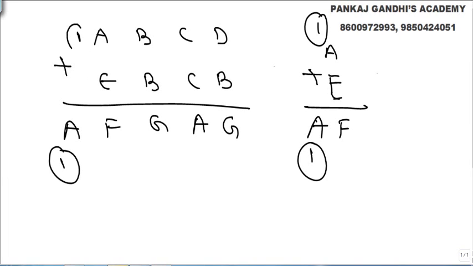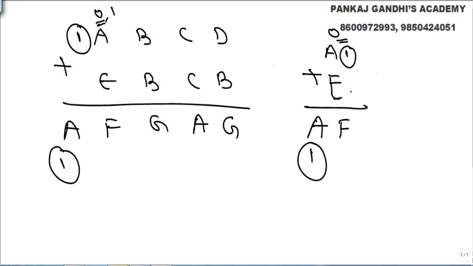So A is compulsorily 1. We did something similar in the last question. If A is already 1, we don't know the carry forward here, it's 0 or 1. This carry forward from B plus B can be 0 or 1, and depending on that, as we tried in the previous question, if this carry forward is 0,